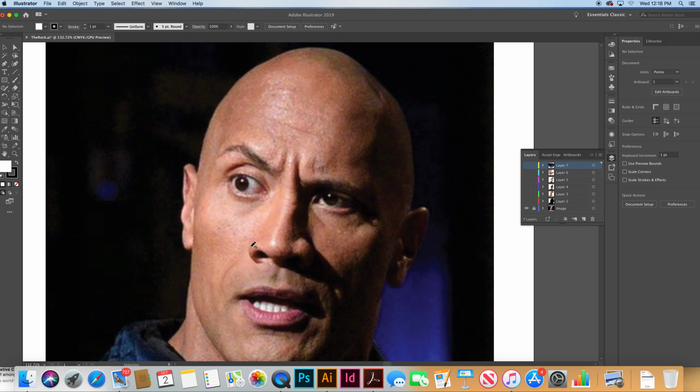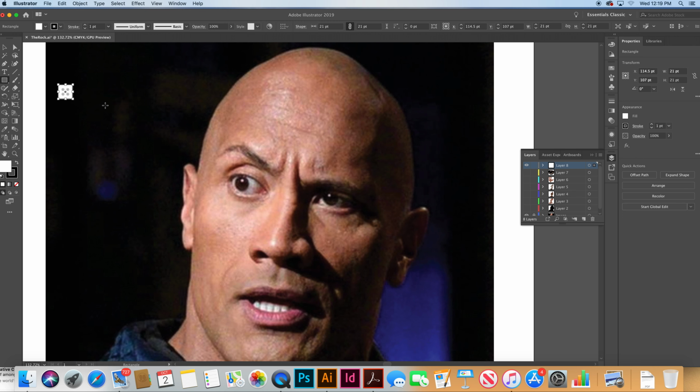And so what we can do, at this point, is you can go and trace information directly off the photograph if need be. And I think you will remember that we want to go with 3 zones of value. So what that means is new layers over here on my layers palette. I'm going to create a box, and I'm going to hit the letter I, and sample the brightest flesh tone,